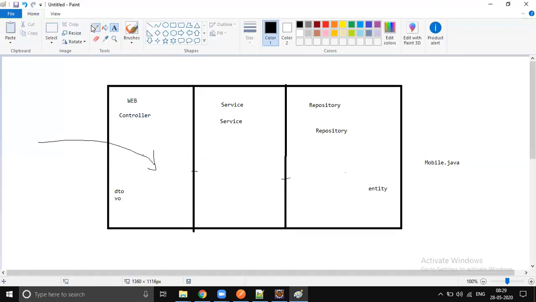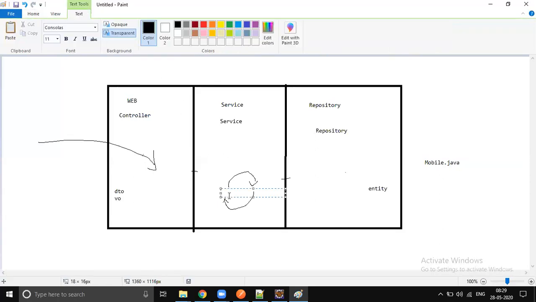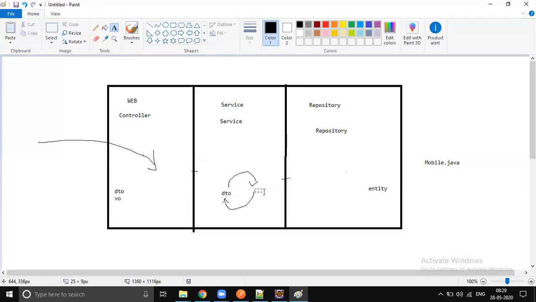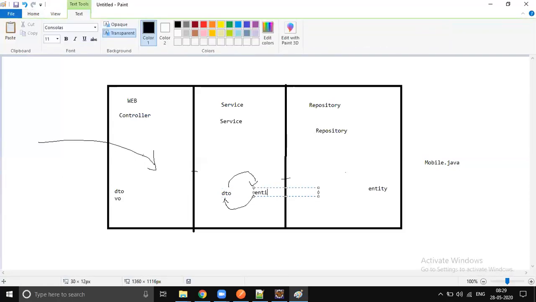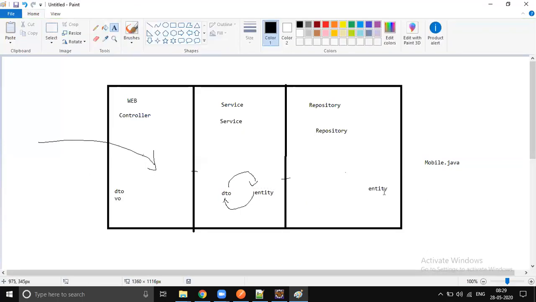So in between, these DTOs have to be converted into entities, and entities have to be converted into DTOs, right? That particular part we should take care of in the service. We can't expose everything to the DTO. In the DTO we should expect parameters as int, long, string, not the wrapper classes. At the same time, in entities those should be wrapper classes. So this kind of conversion should happen in the service.